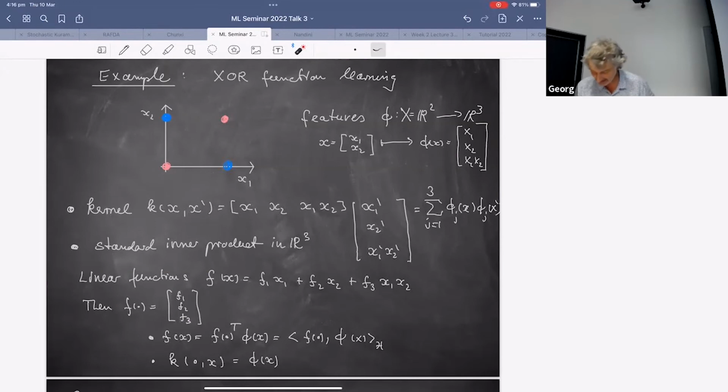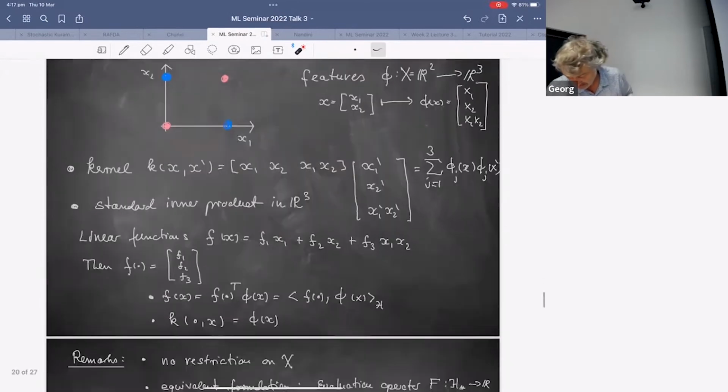And if we want to evaluate this function at a point x, we just take the inner product of that vector with our feature, and we get the evaluation at a particular x. Okay, and the kernel evaluated at some x is just the phi of x. So the kernel is also an element of that reproducing kernel Hilbert space. What we've done there already corresponds to working in a reproducing kernel Hilbert space. It's finite dimensional, but it doesn't have to be finite dimensional.